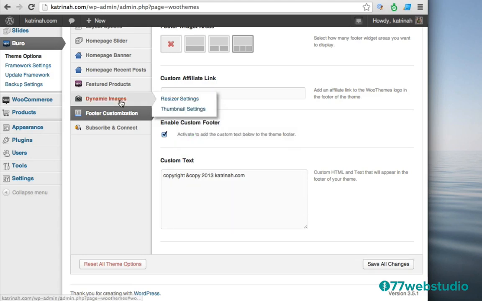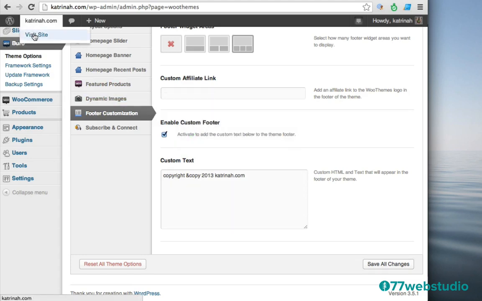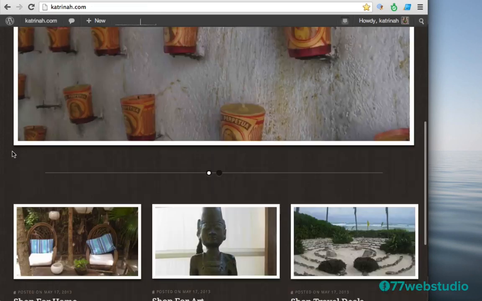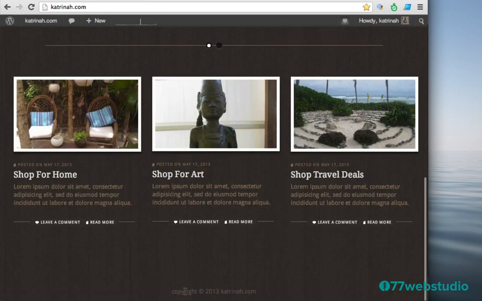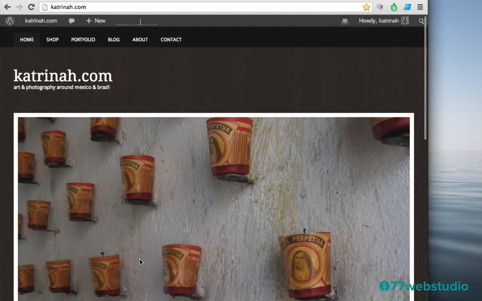Okay, so now let's go up to the top and check it out once again. I'm going to click on Visit Site, and then I'm going to scroll down to the bottom, and now we see that the content has been changed, and that background ribbon or background color has also been removed. So that looks so much better. So okay, the home page is pretty much the way I want it to look.